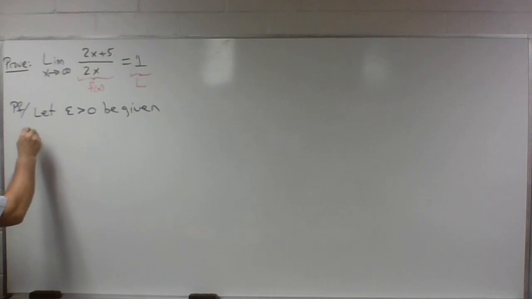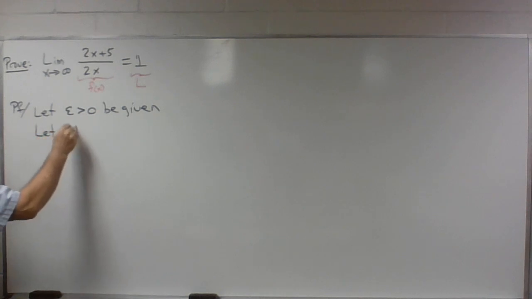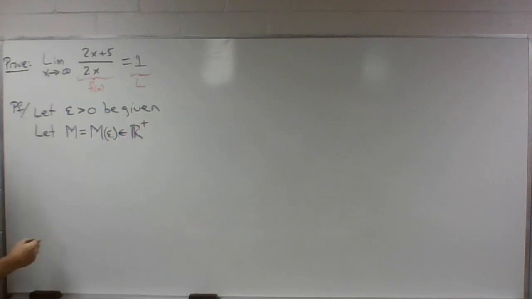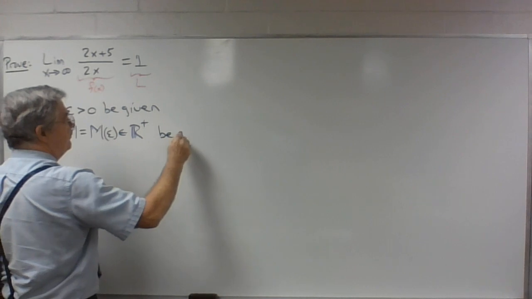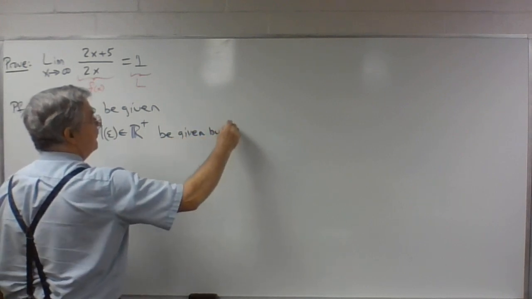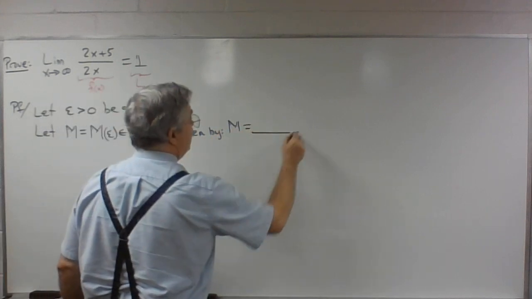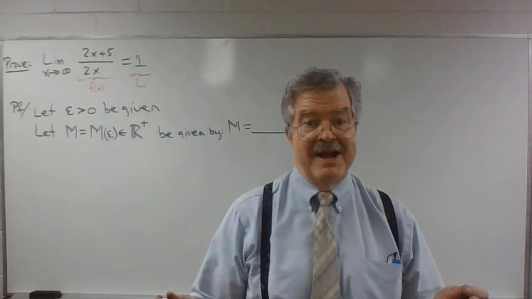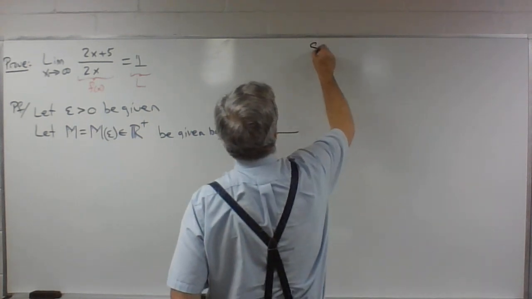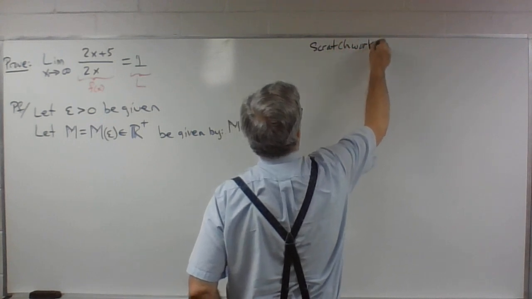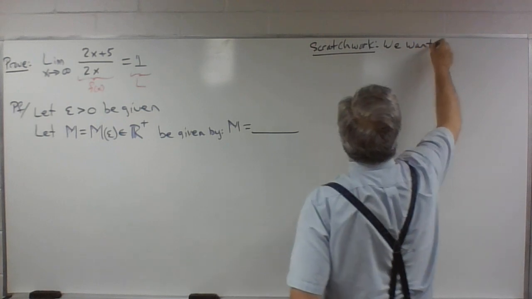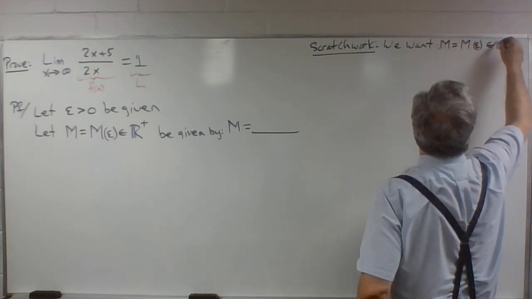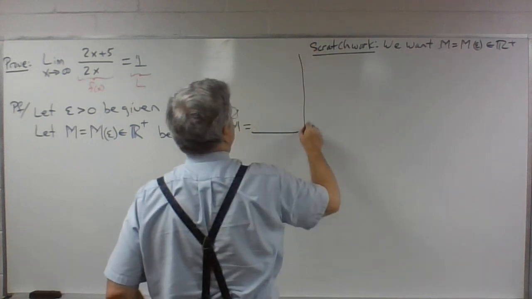And now x is approaching infinity, so we have to have our m. Capital M is a positive real number. Oh my, I don't know what m should be. Not to worry, we go to our scratch work, right? Okay, scratch work. We want capital M, function of epsilon, such that